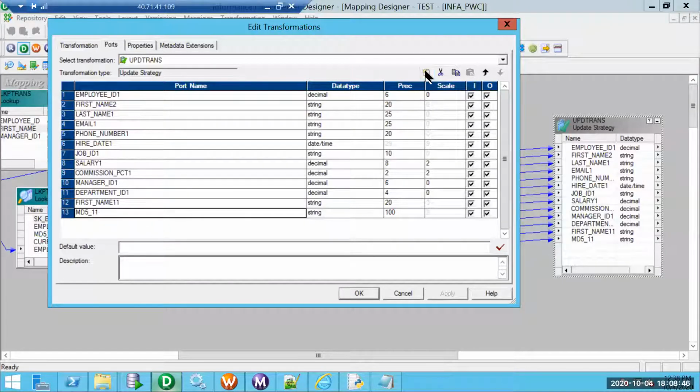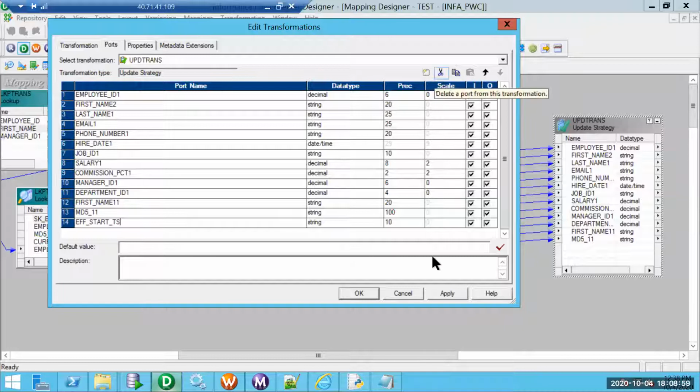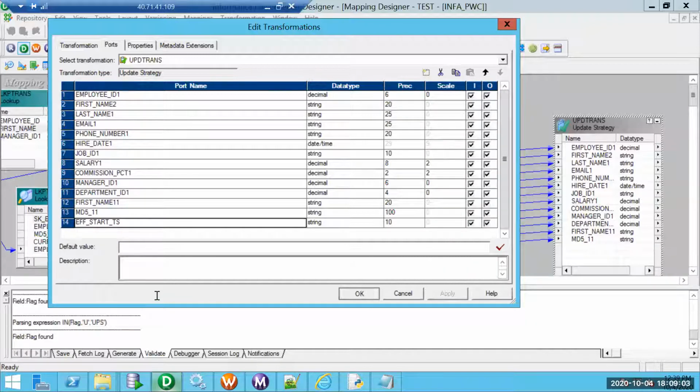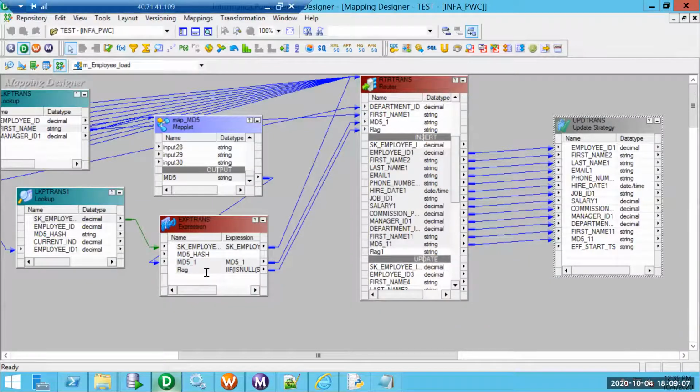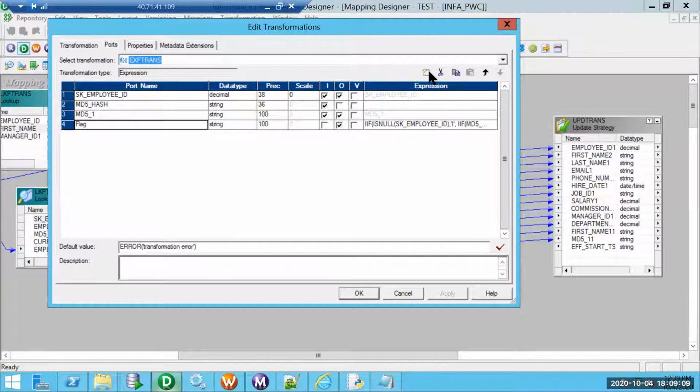which is going to have the system date, effective start timestamp. I need to add it here. I have added it. Let me pull that information from here.